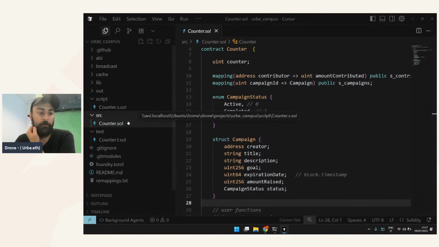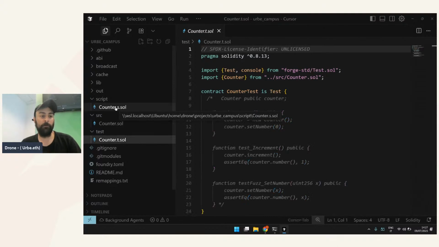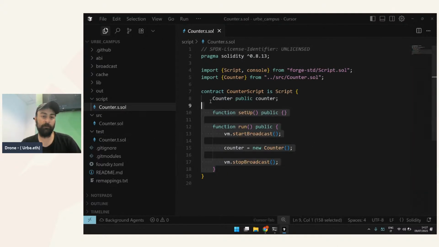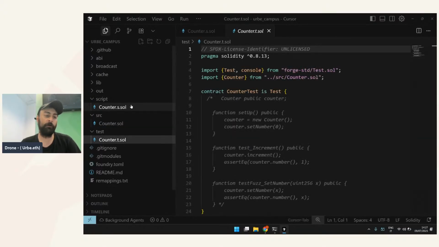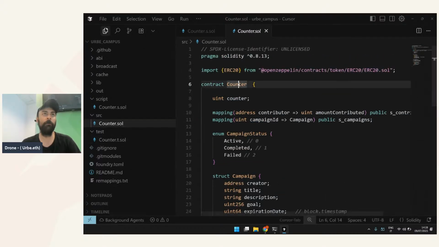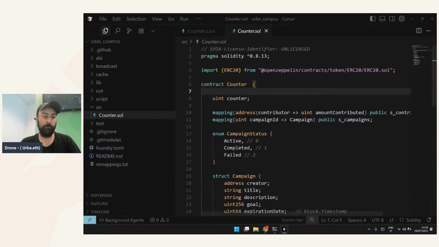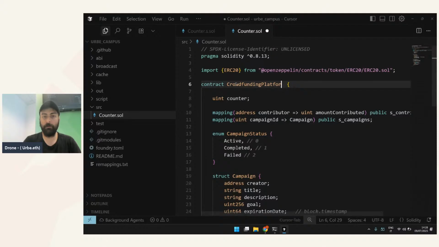So, first things first, whenever you start a project, you want to either comment out stuff in here, because these are auto-generated. You can either delete these or just comment them out. Otherwise, when you are compiling, Foundry looks in all of these three folders. So it's a good way to